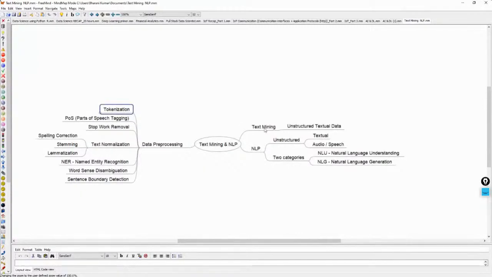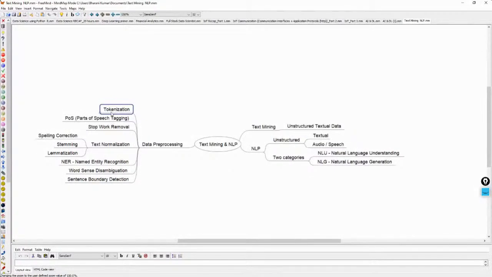We started off by discussing text mining, which deals with unstructured textual data. We also discussed NLP, natural language processing, wherein we discussed unstructured data, which is textual in format and also audio and speech. We have also discussed two categories, which are NLU and NLG.